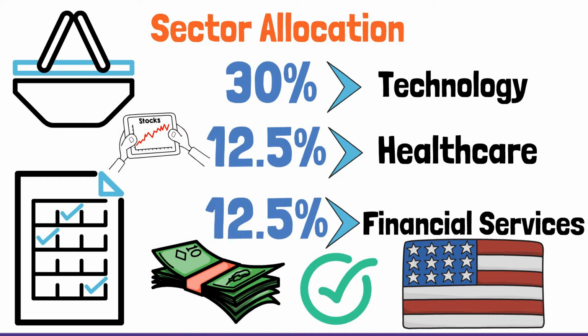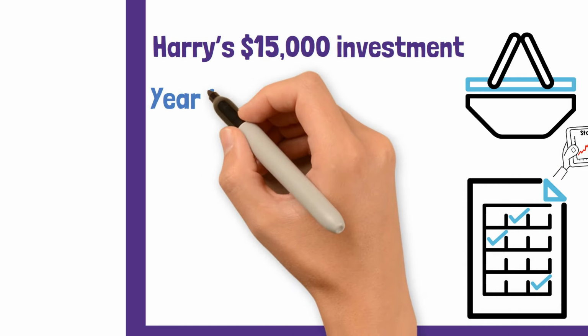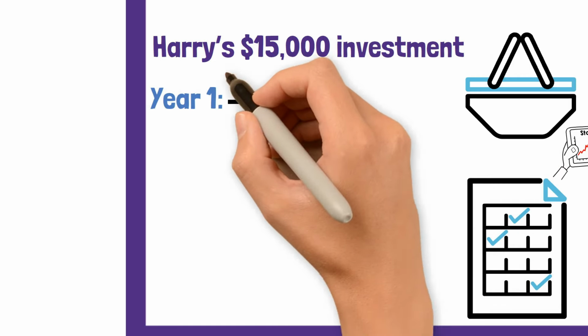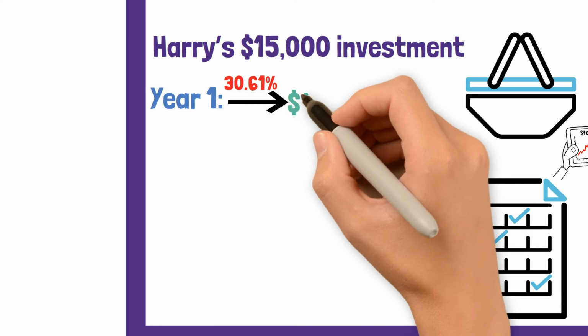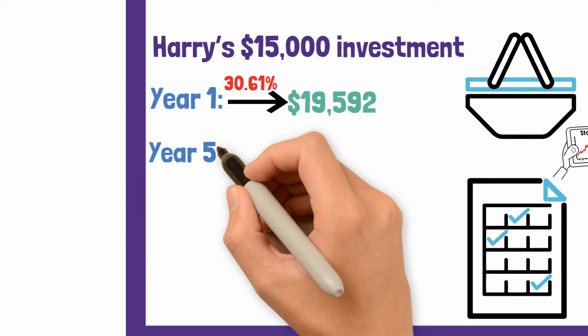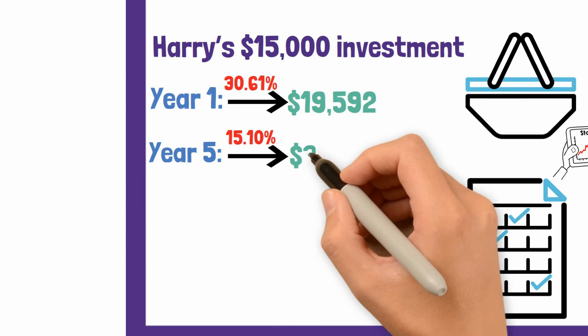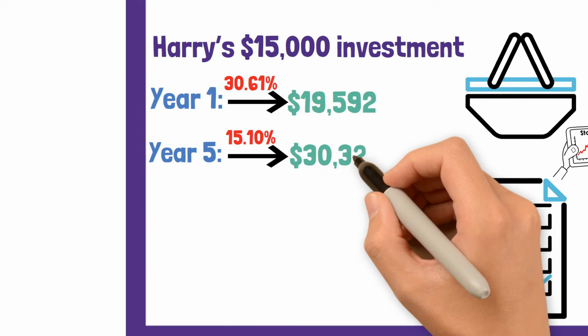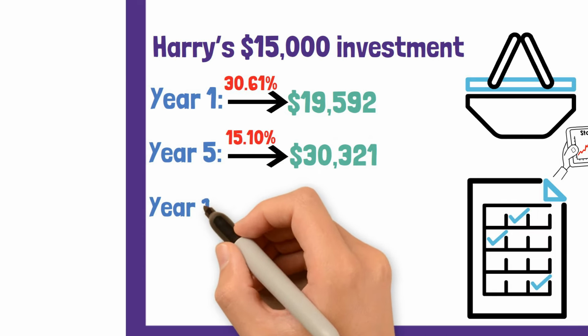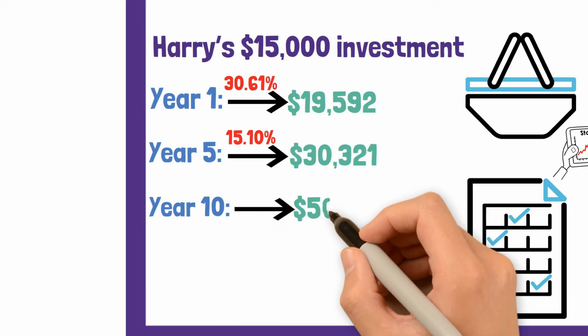Imagine the journey of Harry's $15,000 investment in FNILX. With a one-year return of 30.61%, Harry's investment could grow to approximately $19,592. Using the 5-year annualized growth rate of 15.10%, Harry's investment could increase to about $30,321. Consistent with earlier projections, and if we assume the 5-year rate continues, the investment could grow to about